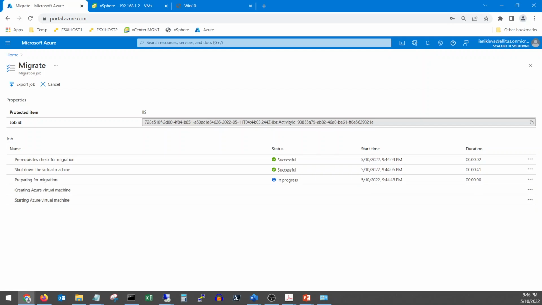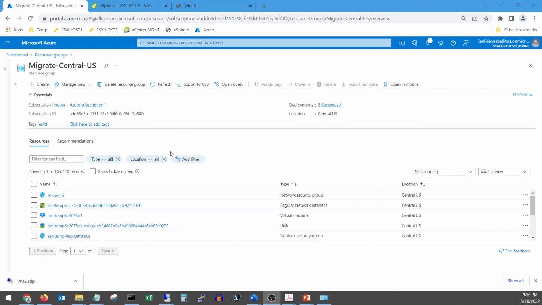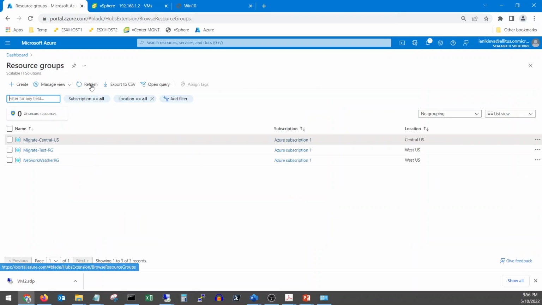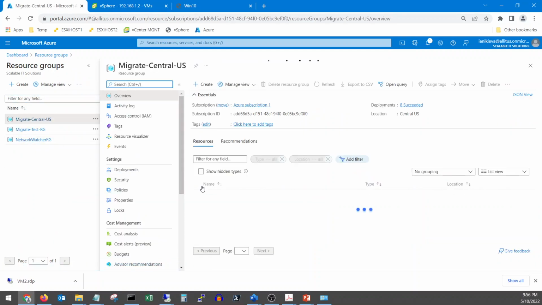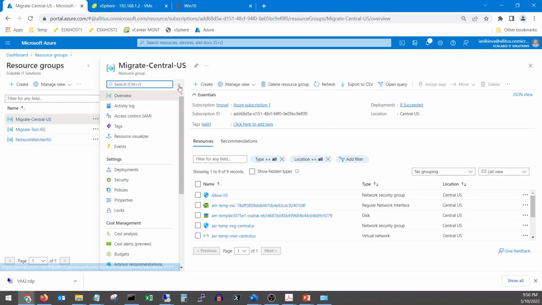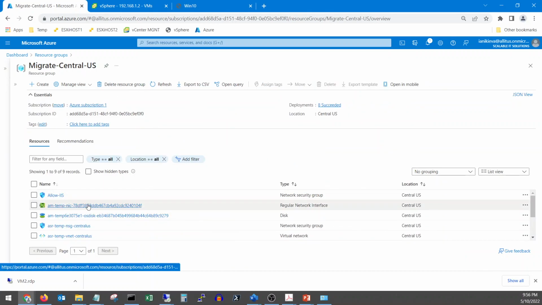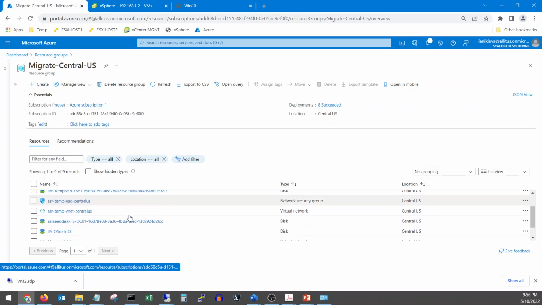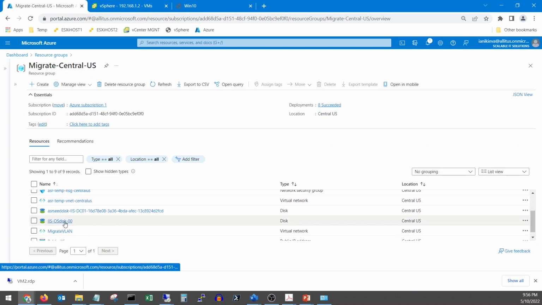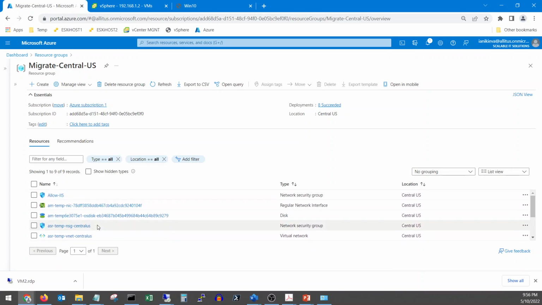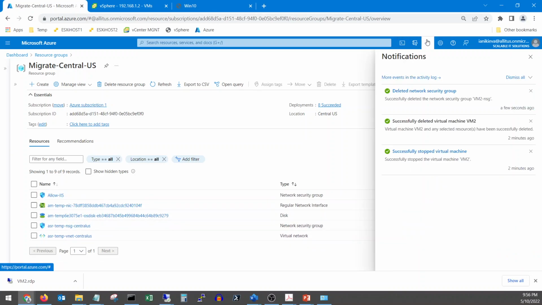I'm going to pause the video and I'm going to come back when it's ready. As we can see, I went to the resource group that's going to host our virtual machine, and as we can see, there's already temporary resources created. There's a network interface, there's a disk, there's also an operating system disk that is created. And I think as time progresses, it's going to